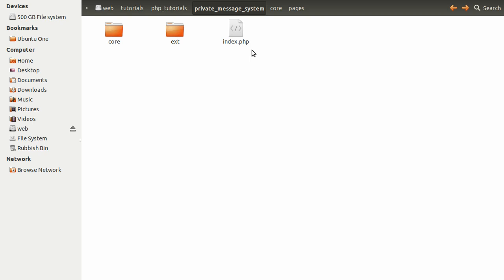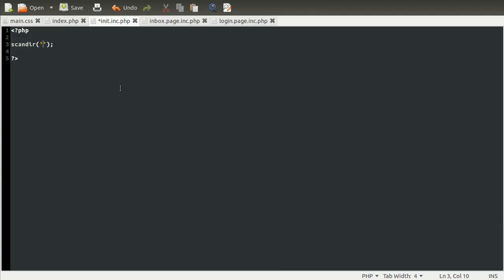So when you try and include a file or list a directory, you need to use the core folder. To make this actually work, what we would need to do is use scandir core/pages. However, like I said, we don't always know that we're going to be in that folder. So one thing we can do is get the full server path to the current folder, which we can do